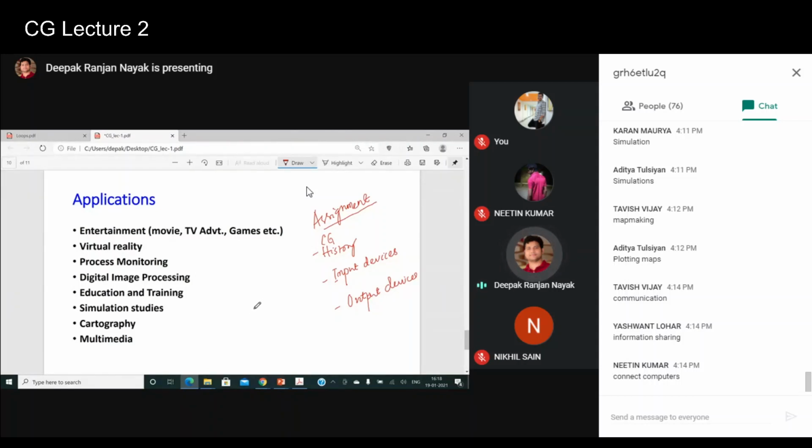In this image representation, we'll see the meaning of resolution, what is bit depth, what is color depth, and how you will calculate how many pixels there are, what is aspect ratio, what is refresh rate, what is frame buffer. Given an image size or image resolution, how will you calculate the size of an image, we'll discuss along with the aspect ratio, the ratio of the width and height of an image, in the next class.